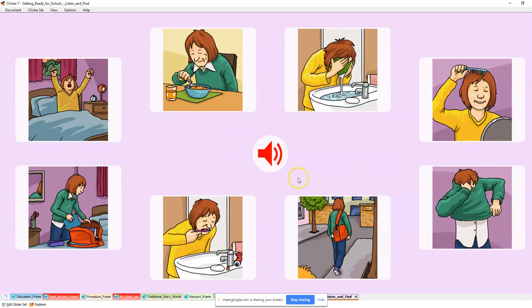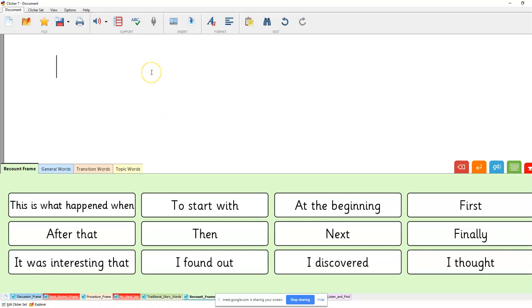So this works on expressive language, or receptive language, understanding what you're hearing, but there's also a component for expressive language too. If you are in Clicker, it does have the ability to insert audio notes. Actually they are not working right now, so I'm going to skip that part. Some things I want you to know in this intro is